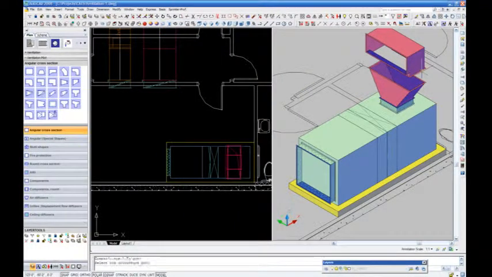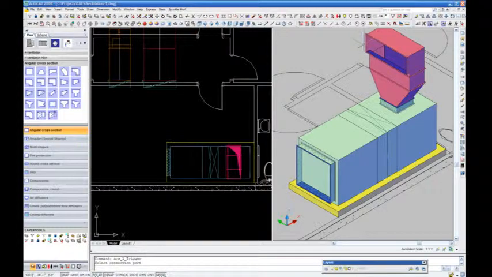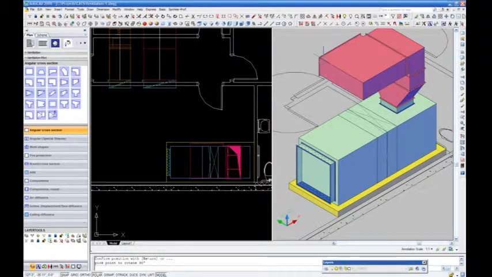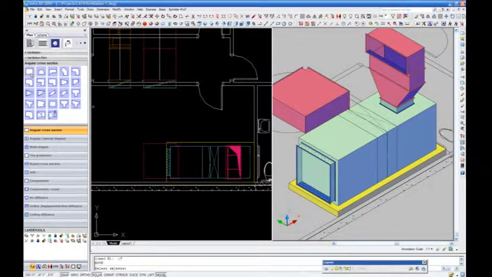We will now select duct and fit automatically. We will again select a 90-degree rectangular elbow and place it. We will now move the elbow and center in the X direction to the center of the fire damper. The elbow will be